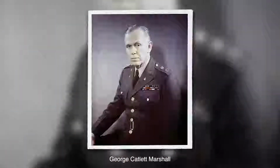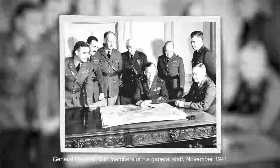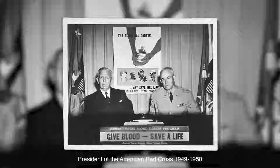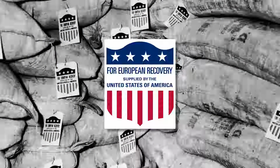Welcome to the Marshall House. It was the home of George Catlett Marshall, who was Army Chief of Staff during World War II, Special Envoy to China, Secretary of State, President of the American Red Cross, and Secretary of Defense. He is best known for the Marshall Plan, a $13 billion American effort to restore the economies of war-torn Europe